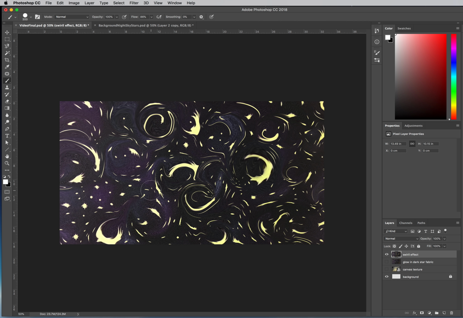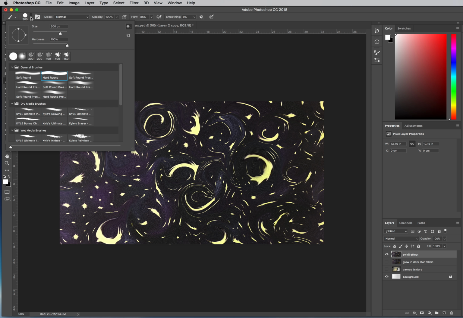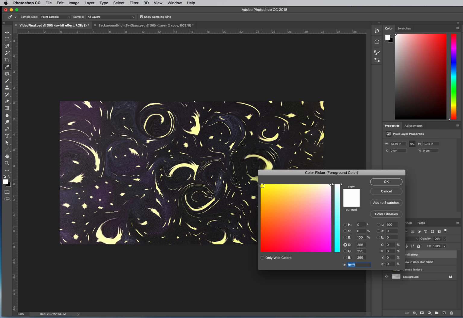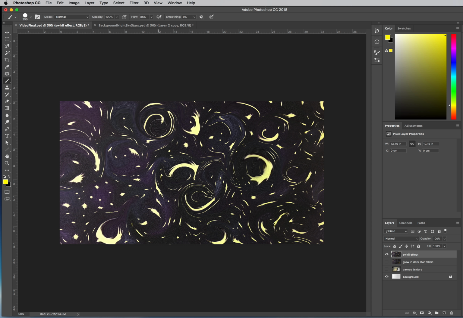Now I'm going to select another filter in order to give more of a textured view. I'm going to select my brush tool, which I already have, and I'm going to select a hard round brush. I want to select my foreground color and make it bright yellow, and I'm going to just use my brush size, using the brackets, going big and small, and just highlighting certain spots in my image with yellow, which will give, oops, I'm not sure why it's dragging like that, my computer is very slow right now,